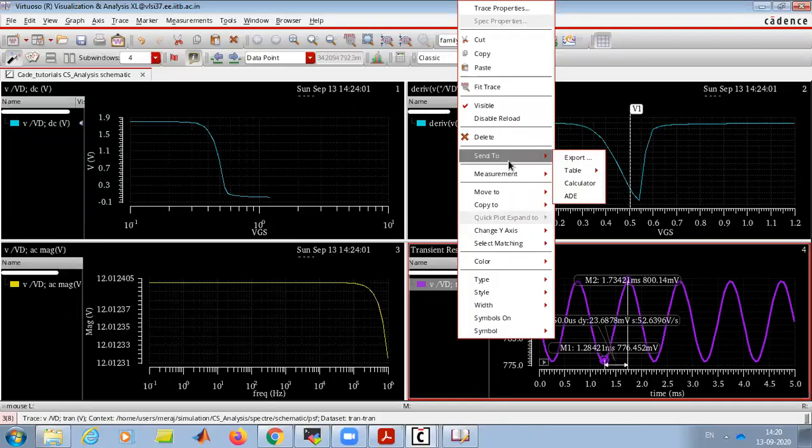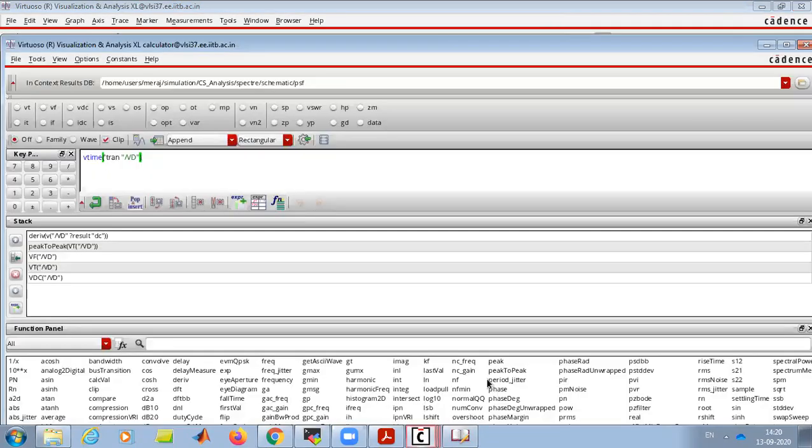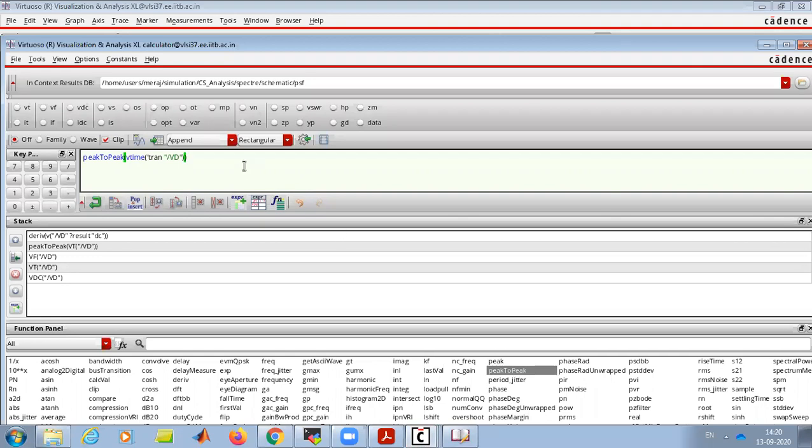If we put those values properly, we'll get it more accurately. Or we can send this to the calculator and just add peak to peak, and then divide by 2 milli.